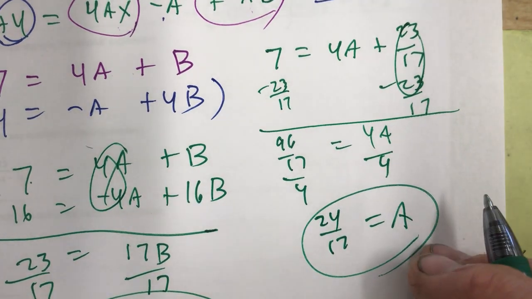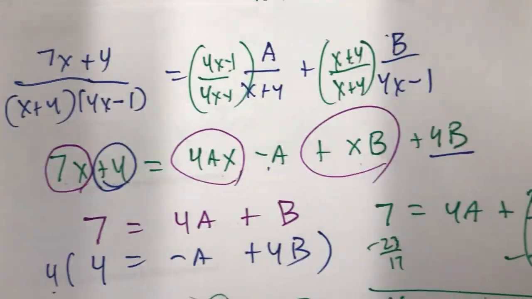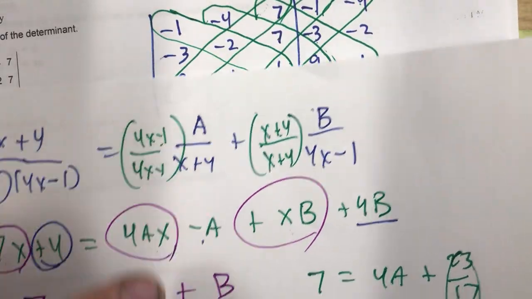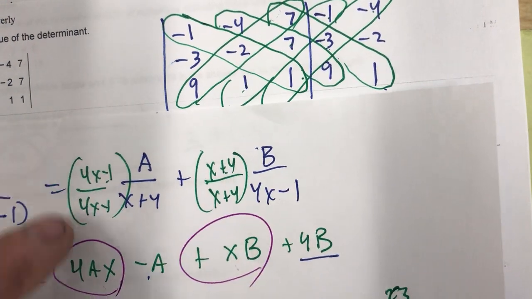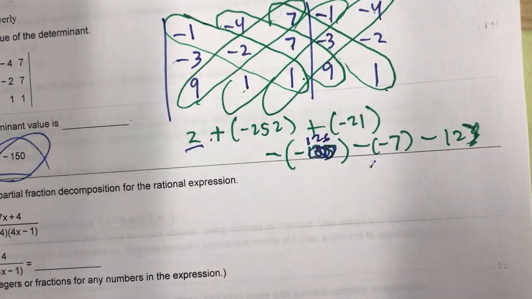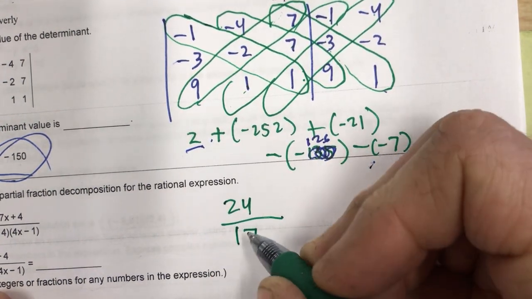Okay, so there's A and B right there. So that means in my answer, I've got A over this, I got B over that. So my A, 24 over 17, so it means I'm going to have 24 over 17, and the 17 is